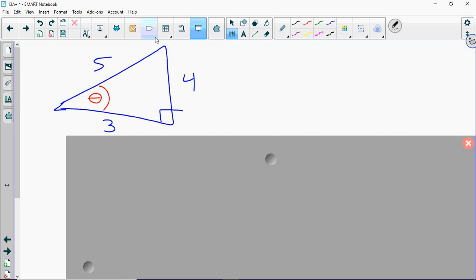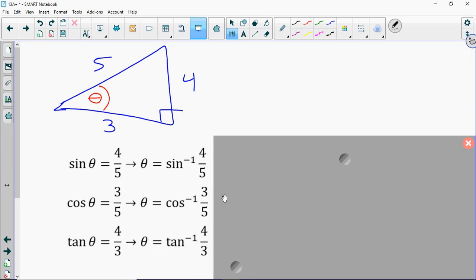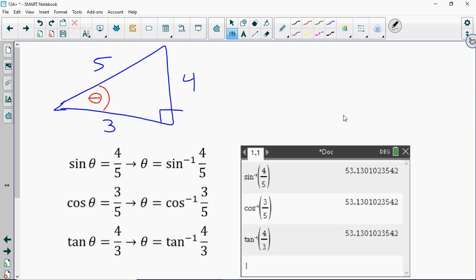In the event that you happen to know all 3 sides of a triangle, or in the previous examples, if you just use the Pythagorean theorem to work out the 3rd side of those triangles, that just means that you have multiple options to use to figure out what theta is. So we know in this case that sine of theta is 4/5, cosine is 3/5, tangent is 4/3. That means that we could choose to use inverse sine or inverse cosine or inverse tangent, and they're all going to get us the exact same answer. So that's the end